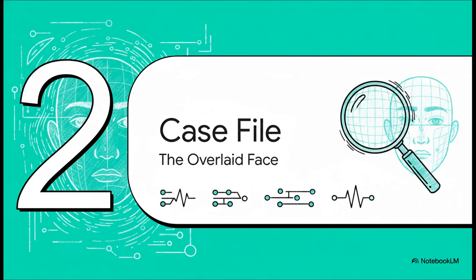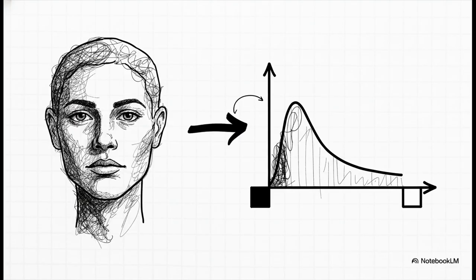All right, so let's get into the first case file. This one takes a close look at that first image we saw, where you have a suspected transimage laid directly over a real photo. This is perfect because it gives them a control sample right there in the very same frame. The first test they ran was an analysis of the image's tonal depth. They used a tool called a histogram. All that does is it basically counts the pixels at every level of brightness, from pure black all the way to pure white. It gives you a clear profile of all the light and shadow in an image.